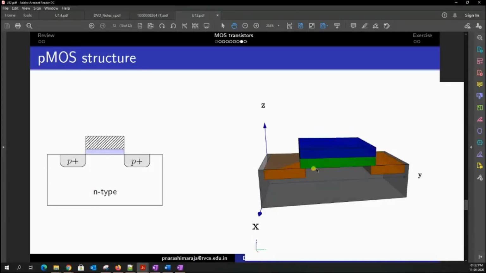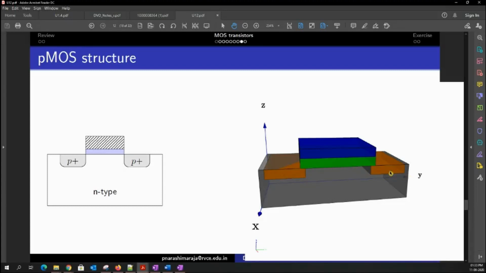this is my length of the channel, okay? And the orange one that I have here is nothing but the source. The other terminal can be taken as the drain, okay? And the green one here that I have shaded is basically our oxide. And then the metal is in blue, and the dark color that I have here is the semiconductor, okay? This can be anything. So in case I'm considering this as an NMOS transistor, then this gray shade would be my p-type semiconductor, okay? And the orange shades would represent an n-type semiconductor, or n plus region, okay?